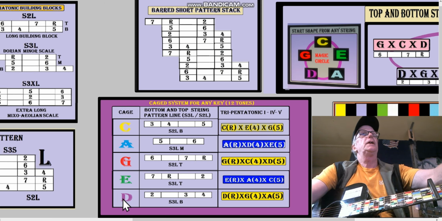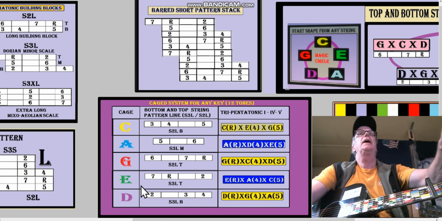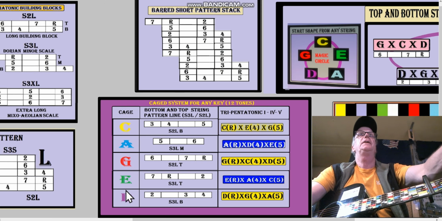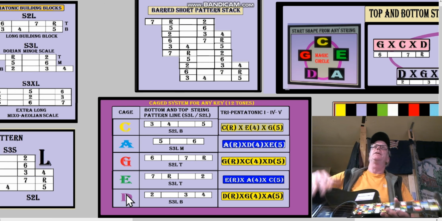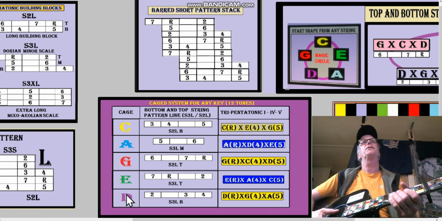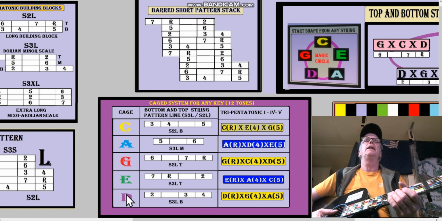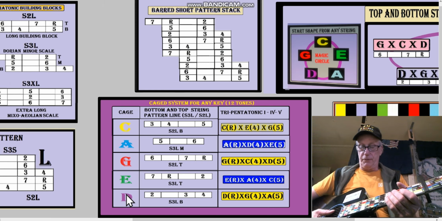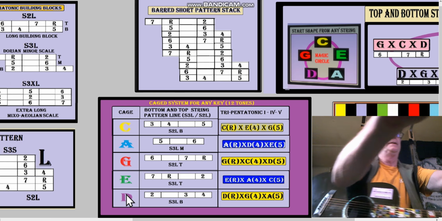C goes to A here. C goes to A. This is a pentatonic scale descending. C, A, G, E, D. That's what CAGED is. It's a descending pentatonic scale. It's not in fourths. It's not the magic circle, which has a peculiar third in it. It's not the circle of fourths, which is completely